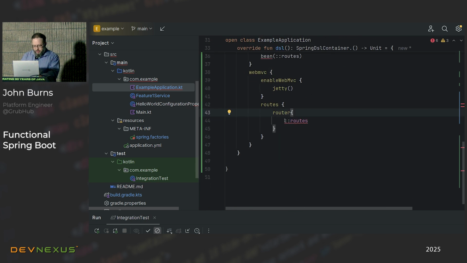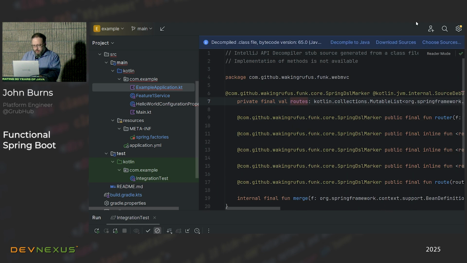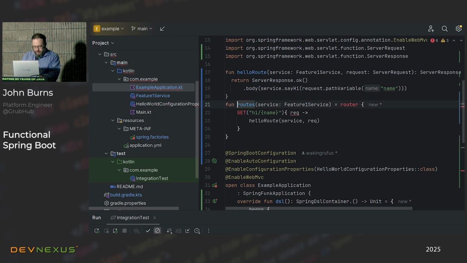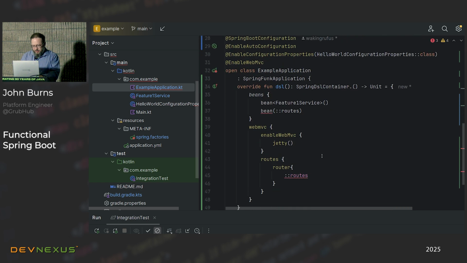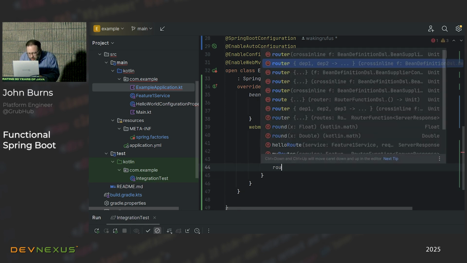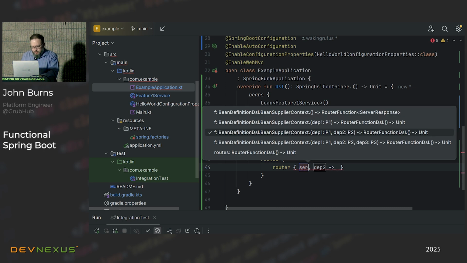Oh, okay. Not accessible because it's private. Oh, yep, because it is a name conflict. So I'm just going to call this my routes. It's seeing the wrong thing. Okay. Okay, I can just do it like this.